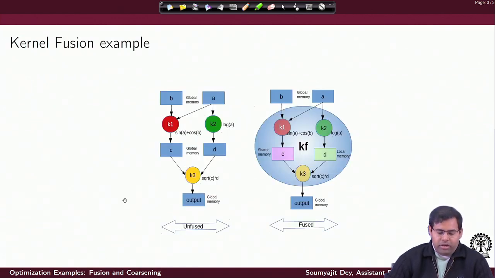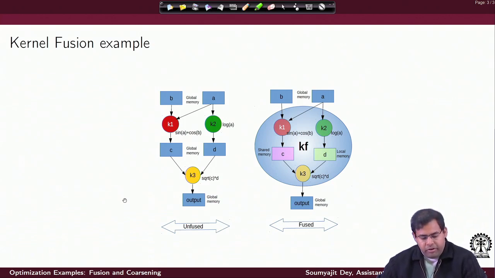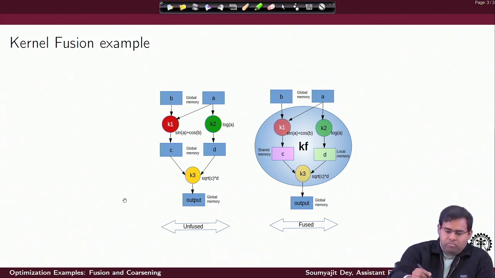Now when we look at the DAG, it's not serializing K1 or K2, it's just saying that you have to execute K1, you have to execute K2, and once both finish, then you have to execute K3. So both are valid execution orders here.